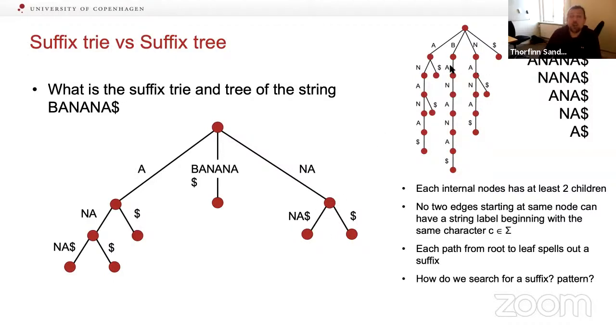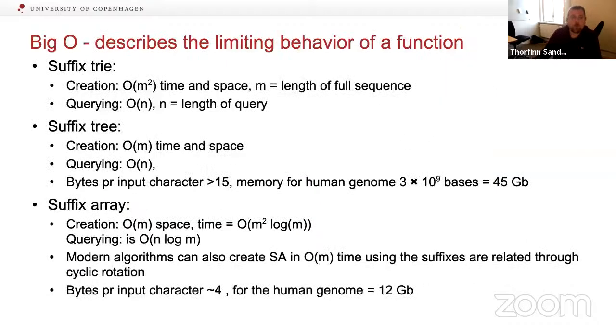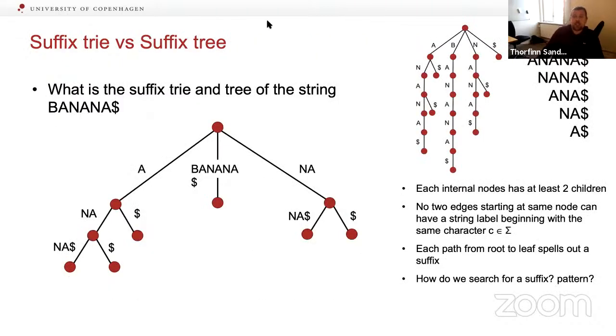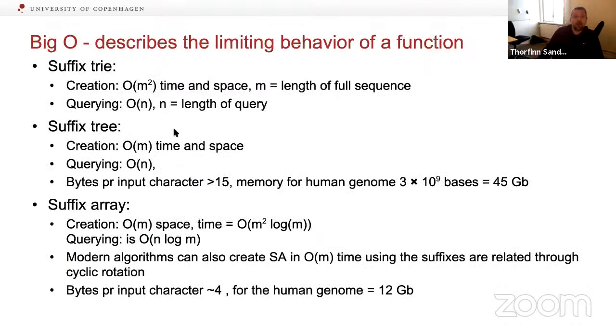Okay, so this is a suffix tree and this is a suffix tree. Okay, so concluding this, let's mention the complexity. If you wanted to create the suffix tree, then it would be m squared in both the time and space, where m is the length of the sequence. When we're doing the query, that's very easy. That's just the length of our sequence we're searching for. So we just need to make n comparisons.